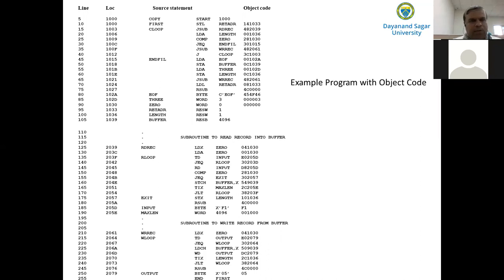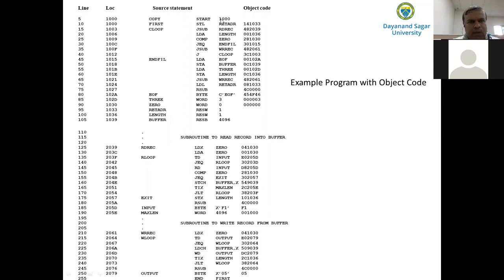For example, it starts with the instruction START to indicate the program name, and it also specifies the beginning address of the program as its operand. This will not be converted into object code as it is an assembler directive.